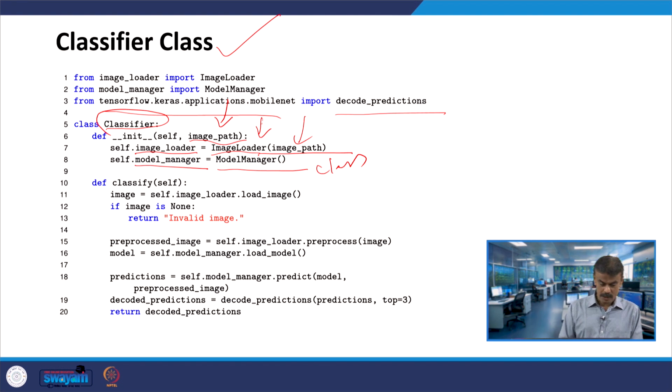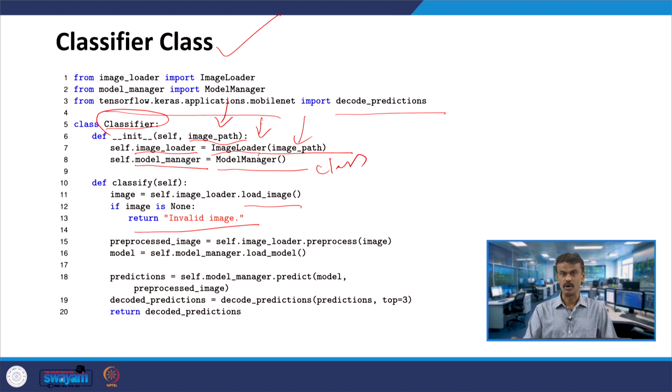Next you have the classify method. In the classify method you are loading the image. If the file does not exist or you are not able to load the image, it prints invalid image. We know what load image does: it opens the image and converts it into RGB.